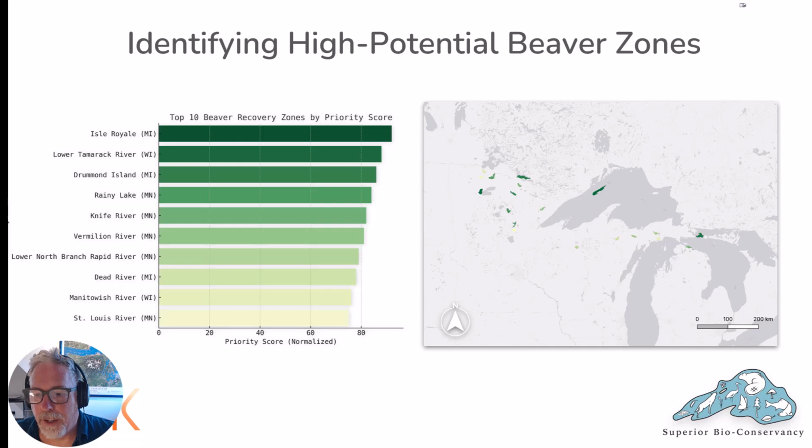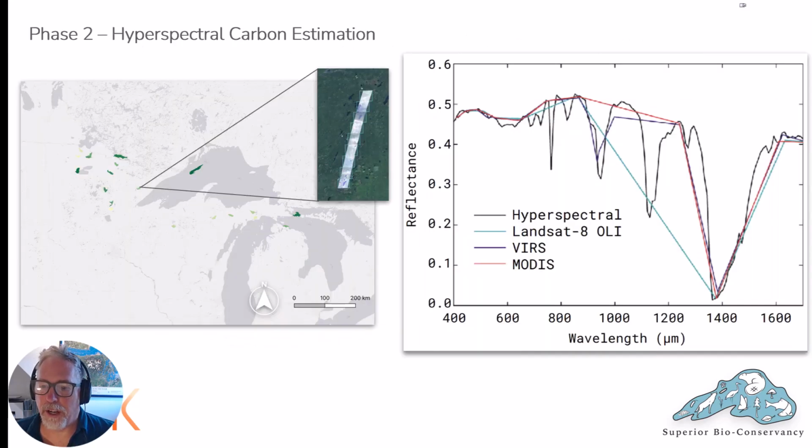ranked and compared. This chart shows the top 10, including Isle Royale, Drummond Island, and several in northern Minnesota and Wisconsin. Most importantly, this prioritization gives us a strong basis for where to apply the hyperspectral analysis in Phase 2. In Phase 2, we bring in hyperspectral satellite data from Orbital Sidekick to estimate carbon storage potential with greater precision. Unlike traditional imagery, hyperspectral sensors measure hundreds of narrow wavelength bands, providing biochemical insight into vegetation health, water saturation, and